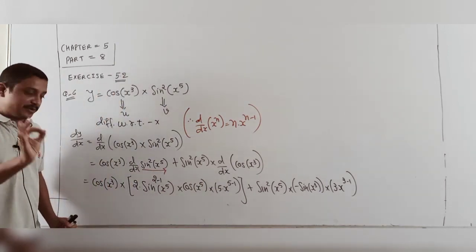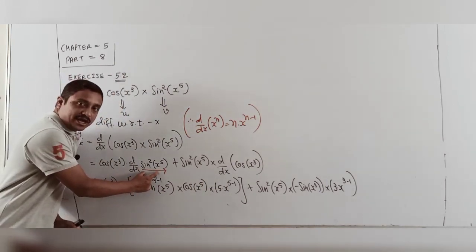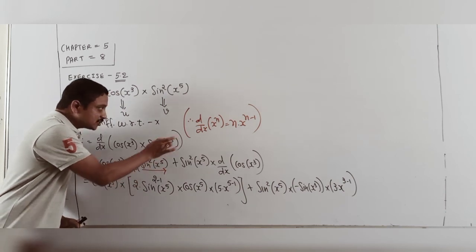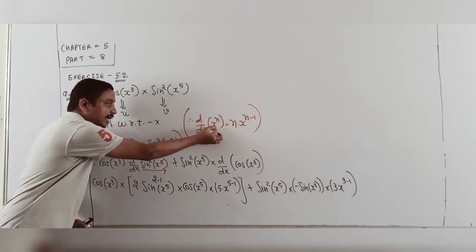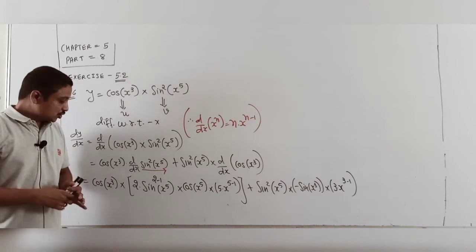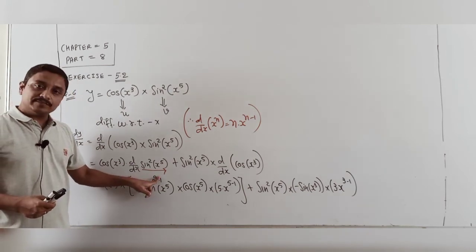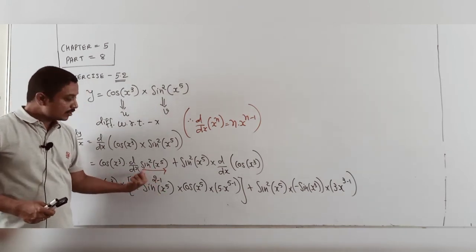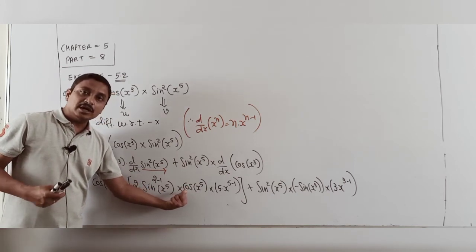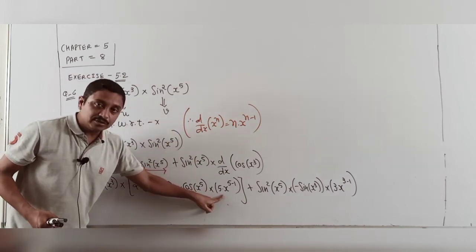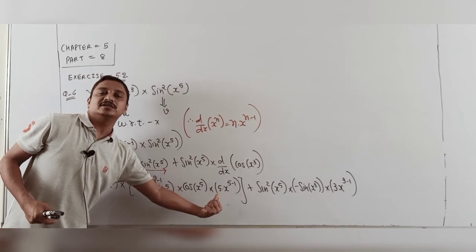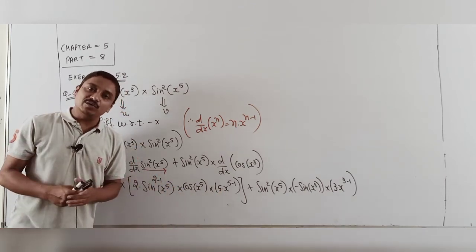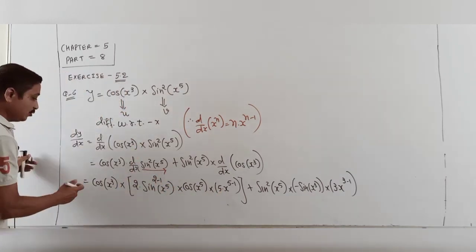So one more time, students, this sin square x raised to 5, I consider sin square. Only the square value applies, and x raised to 5 is considered as a sin function. So 2 sin raised to 2 minus 1, internal data same. After that sin derivative, after that x raised to 5 derivative. So each carry 1 by 1. Here students, I go through our chain rule. Now I simplify all.